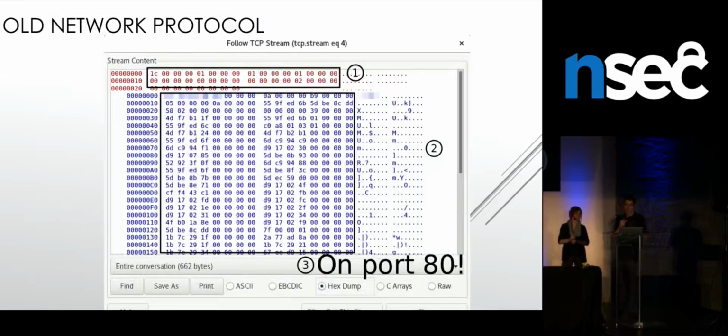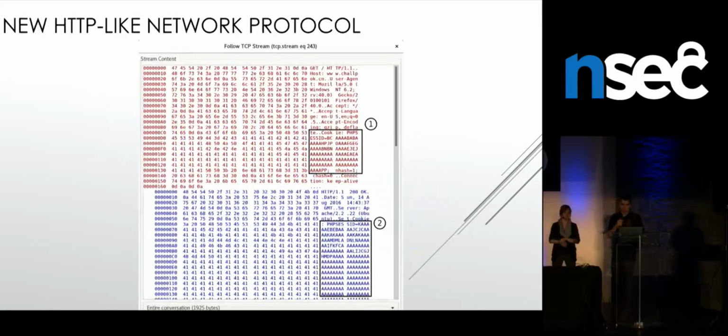They also updated their CNC protocol. So the old protocol was binary data on port 80, which is kind of stupid. It's really easy to write a rule to catch that. It's non-standard, plus, right? So what they did is they updated their protocol to hide the same binary data, but encoded in an HTTP-like fashion. So in the slides, what you see is I highlighted the Cookie and the Set-Cookie. So it uses those headers to be able to carry that traffic.